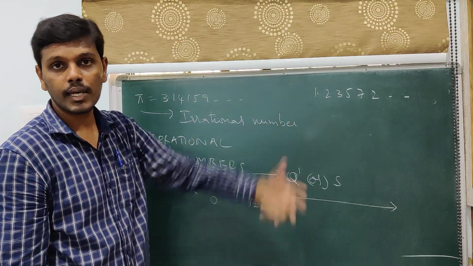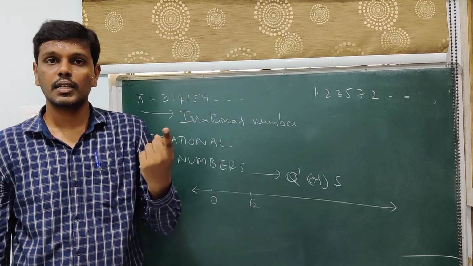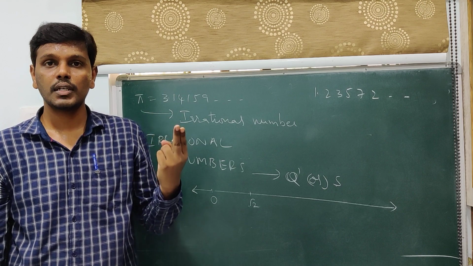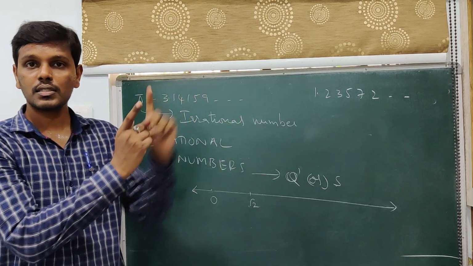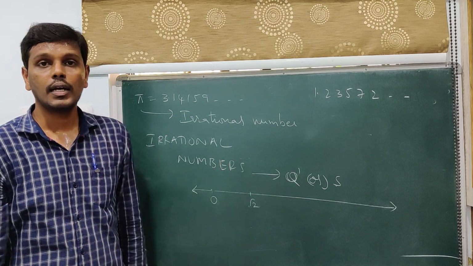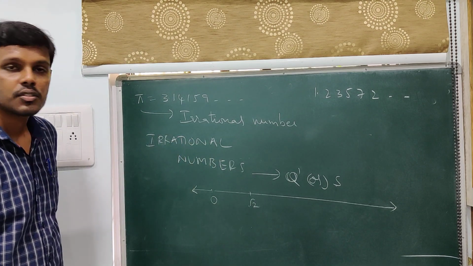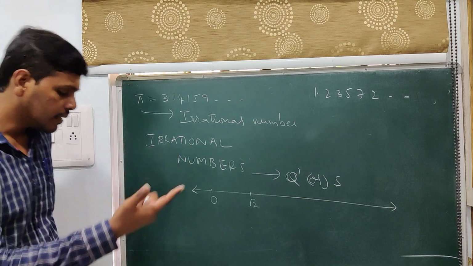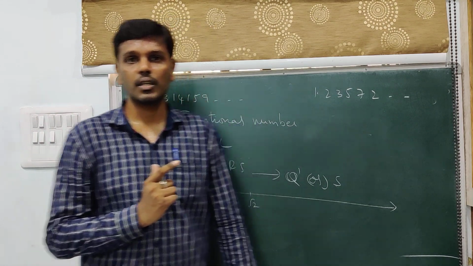We have already discussed types of decimals. There are three types: terminating, non-terminating repeating, and non-terminating non-repeating. The first two cases come under the category of rational numbers, whereas the last case is the case of irrational numbers. So that is all about irrational numbers: a number which is not rational, we call an irrational number.